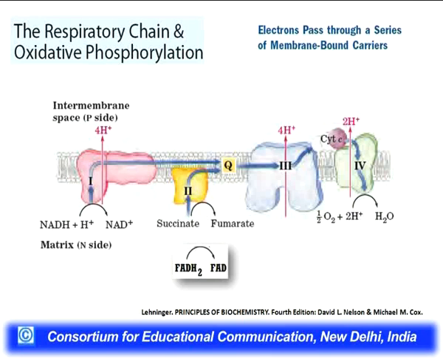Now what happens to the FADH2 molecule? The FADH2 molecule, which is formed during the transfer process of succinate to fumarate, gives its energy or the electrons into complex 2, which is a peripheral protein in the electron transport chain. This complex 2 transfers the electron to Q, which is ubiquinone. From Q it goes into complex 3, from complex 3 into cytochrome C, from cytochrome C into complex 4, and finally half a molecule of oxygen and 2 protons take up this electron to form a water molecule. So FADH2 is also transferring its energy or the electrons into this electron transport chain with the formation of a water molecule, and in this process 6 protons move from the mitochondrial matrix